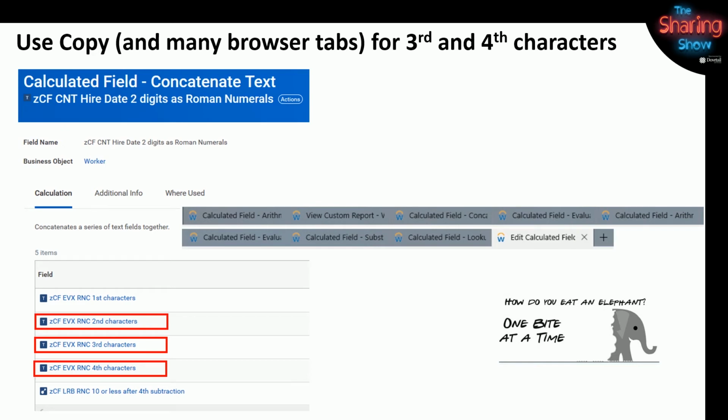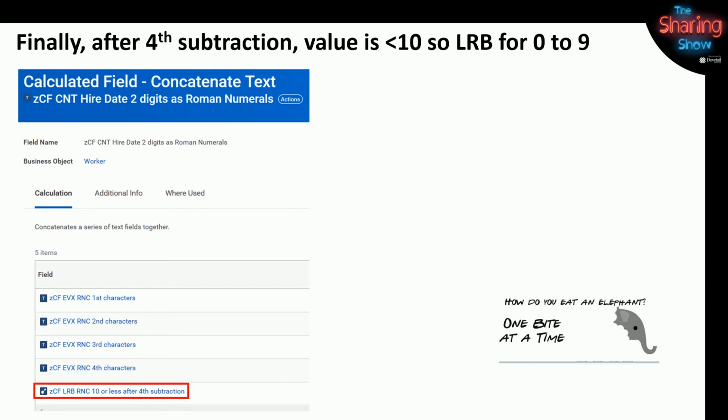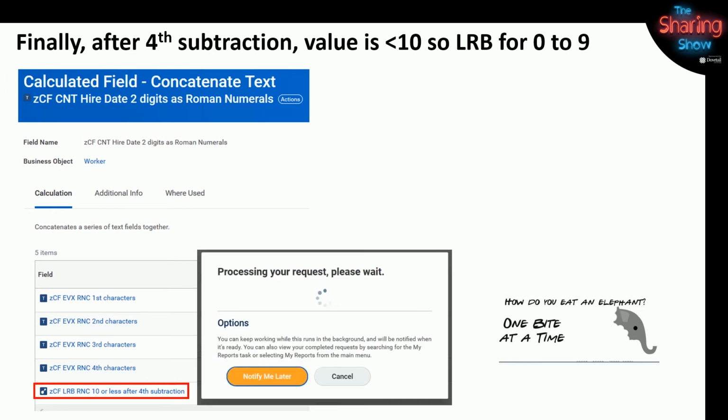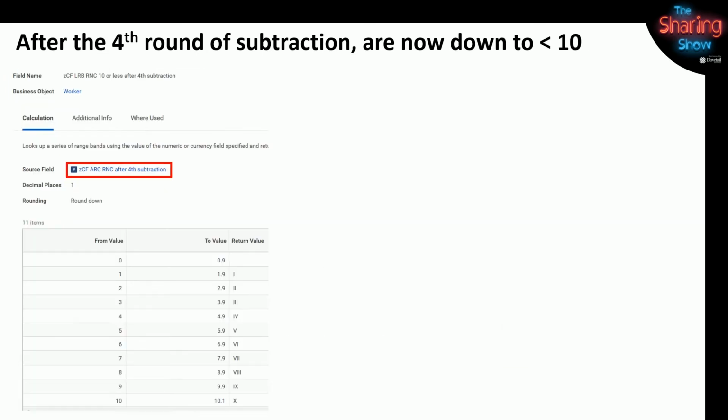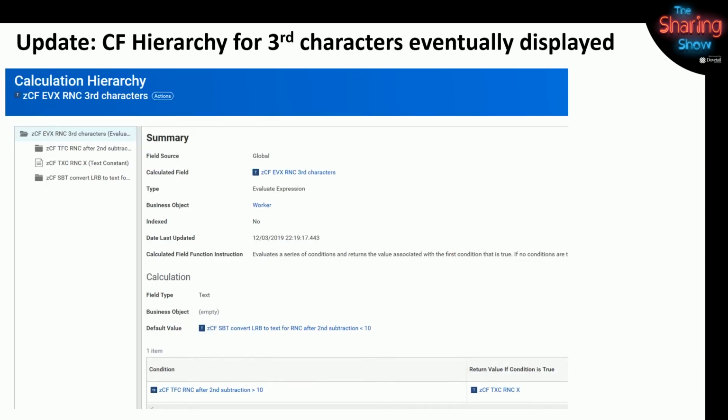I've got the first, second, third, and fourth characters. Sometimes if they're born right in 2000, it would be empty. But I do have to handle 88 that would go up into 5 characters. At the very end, I know for sure it's under 10. So I want to get that in a hierarchy, and I can't get the hierarchy. So here's a picture of it once again. The values 0 through 9 is all I needed. 10 would never be caught.